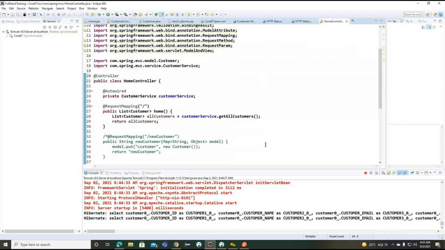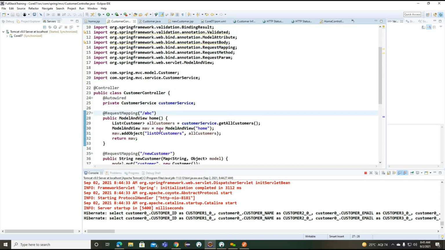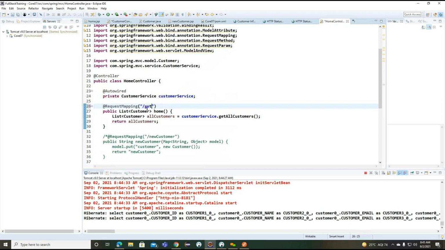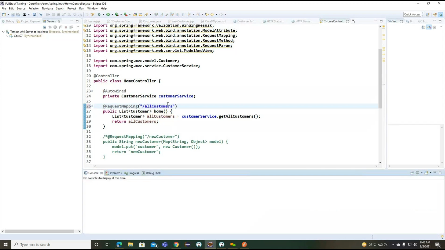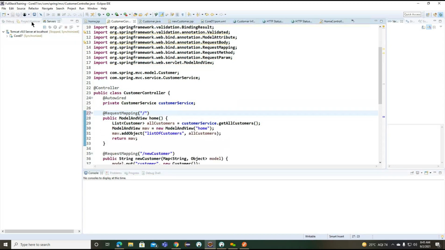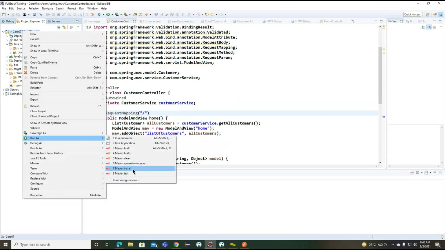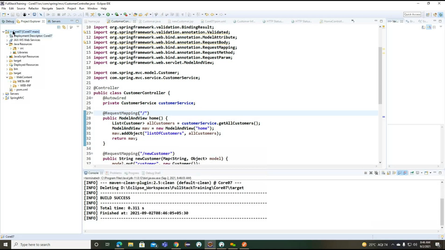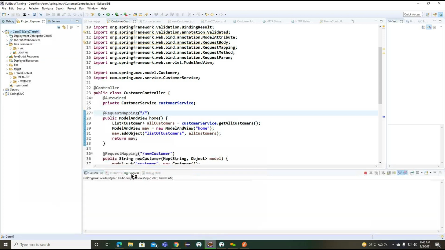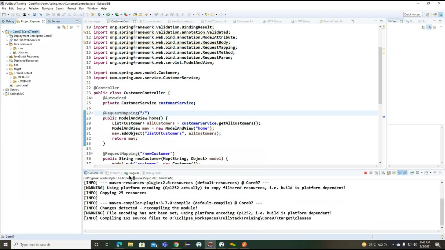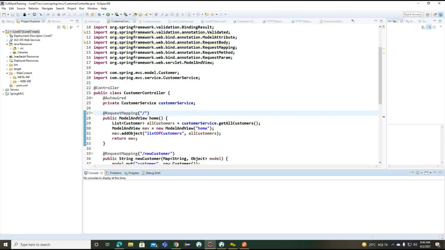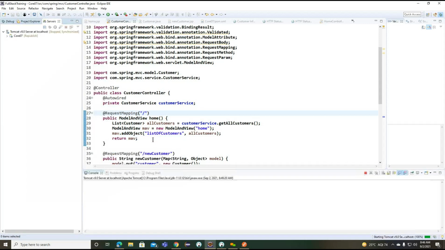Okay, good. Let me rebuild one more time. I want to start the server one more time here.